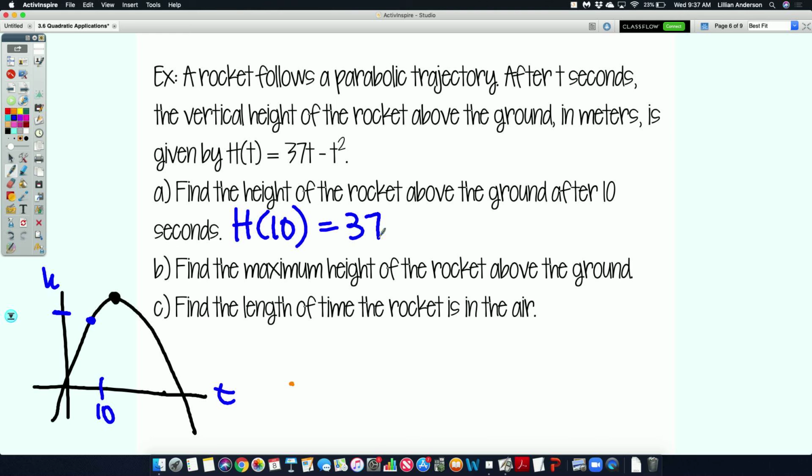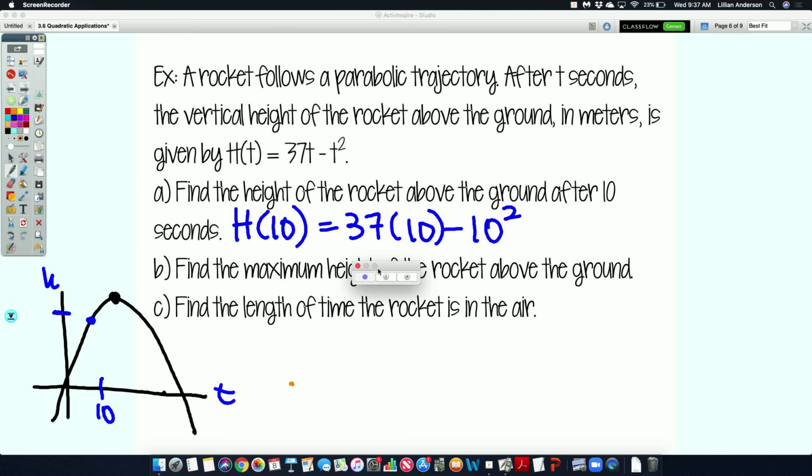So that's 37 times 10 minus 10 squared. Let me type that in and we figure out what that is. What you get? 270. So the rocket is 270 meters